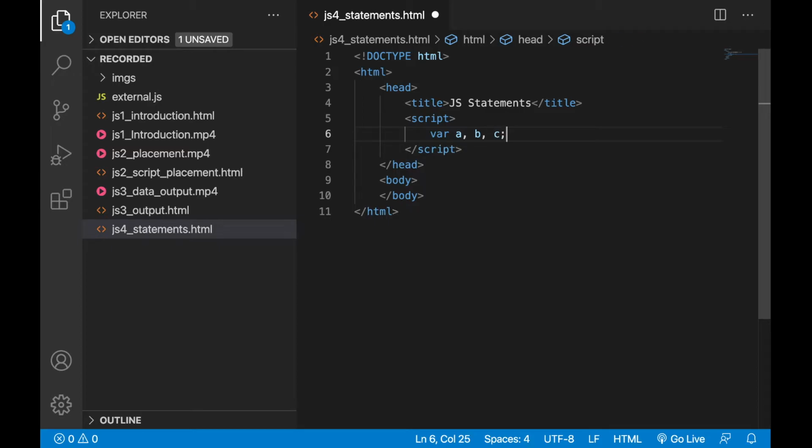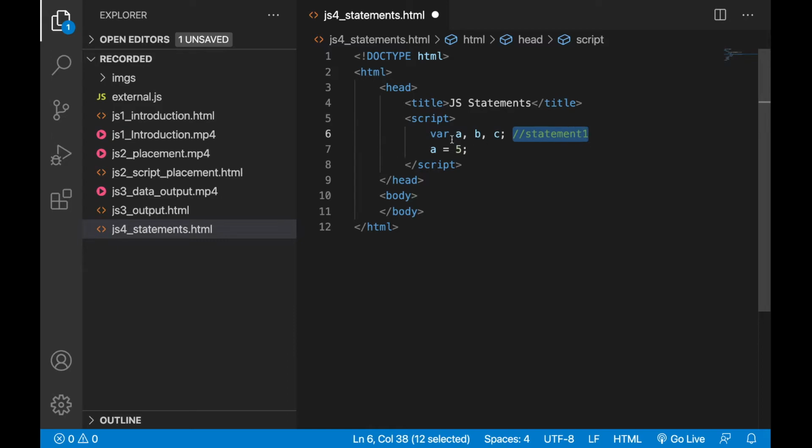Okay, this is one statement. Next, a equal to 5. So here I can write that as statement 1. In the first line I have written some variables a comma b comma c without values. This is statement 1.